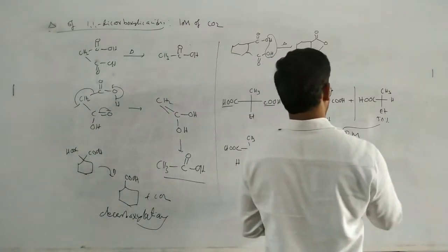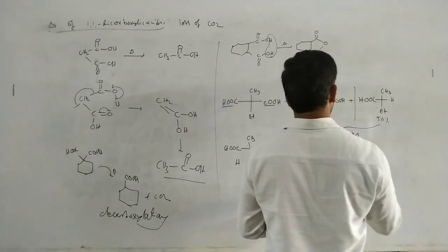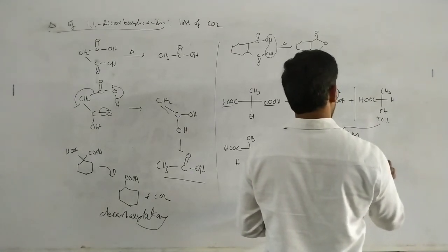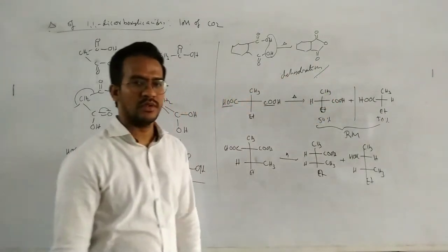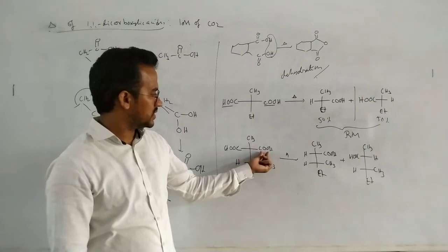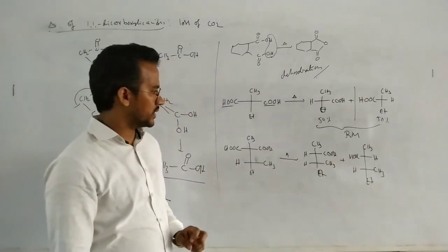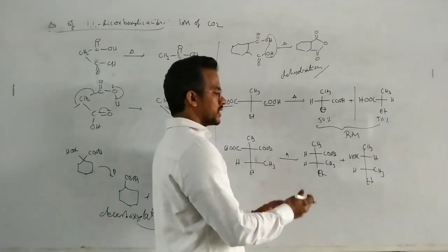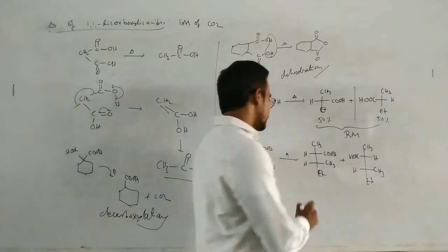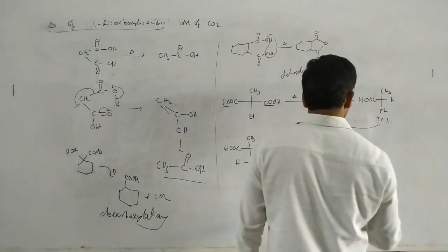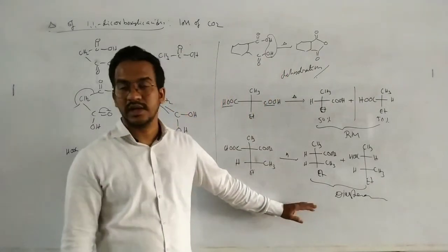And next, the CH3 and ethyl, the COOH and here hydrogen and H, CH3. Okay, here decarboxylation from this COOH, so hydrogen. So these two are not mirror images, because methyl is on the right side here and methyl is on the right side here. So these two are diastereomers, not mirror images.